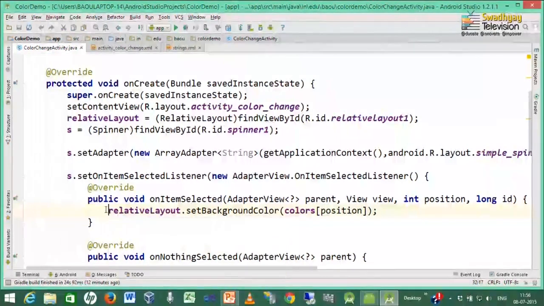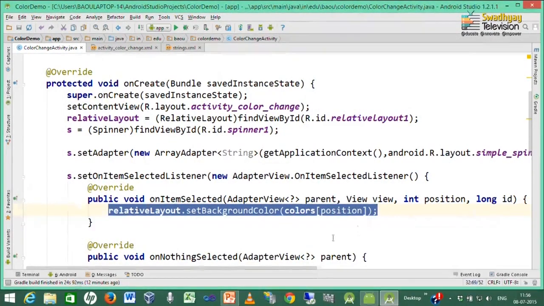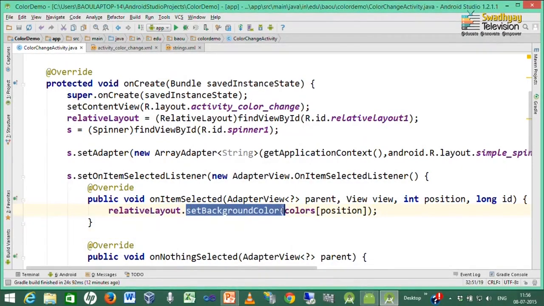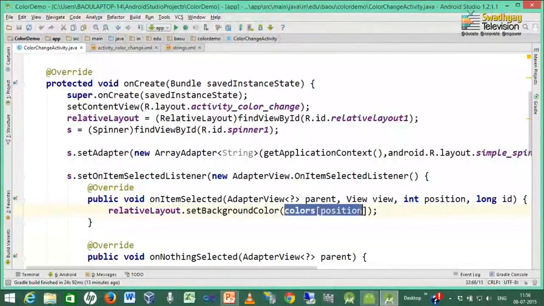Now, understand what this method will do. It sets the background color to the argument specified. Now, our argument is the color at the position where the user clicks in the list.